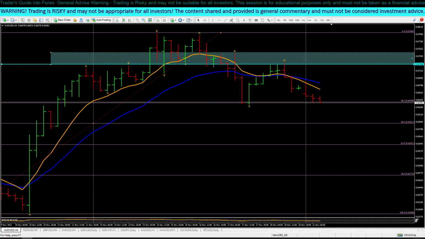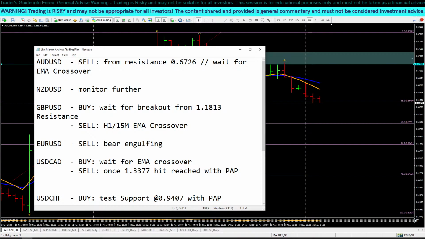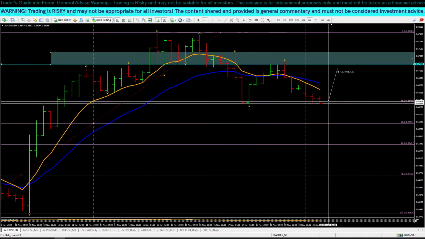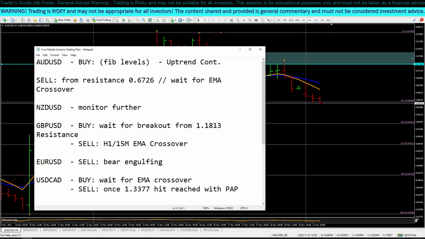So ibig sabihin, if we are to buy, assuming, if we are to buy following the Fibonacci levels, Fib for the uptrend continuation, I say. So yung uptrend continuation based on Fib levels. Ang gagawin natin dyan is, yes, we can go and attempt to buy there, pero napaka short-term buy lang neto. So, if we are to buy coming from the 38.2 level, ang ibig lang sabihin nito is that